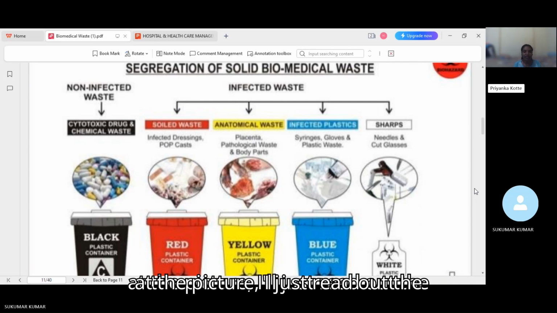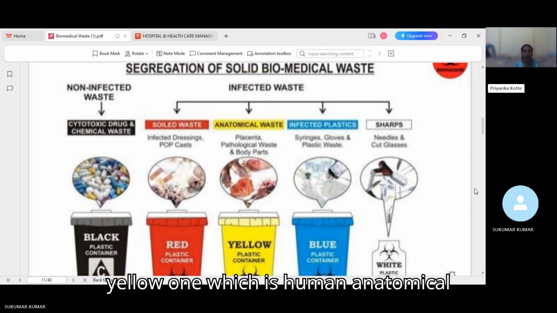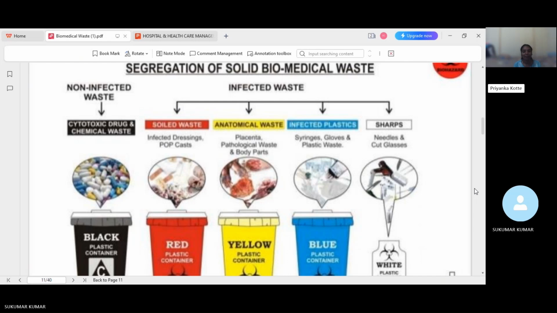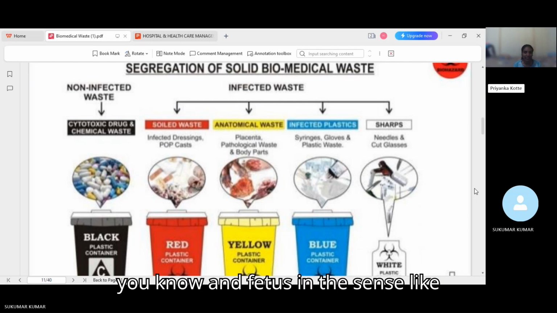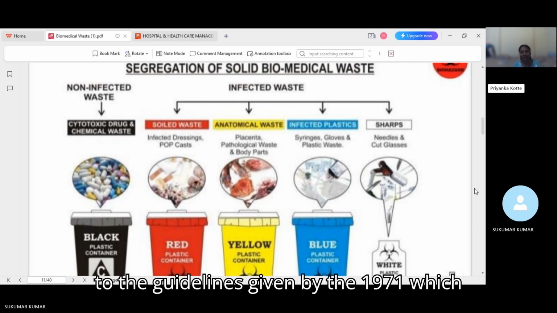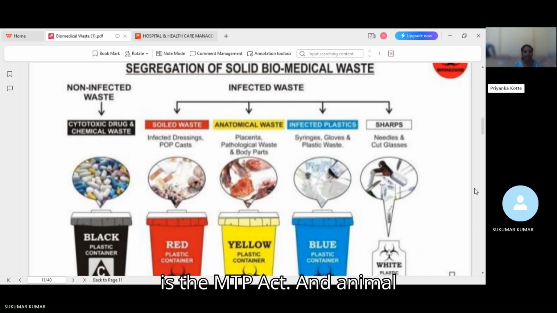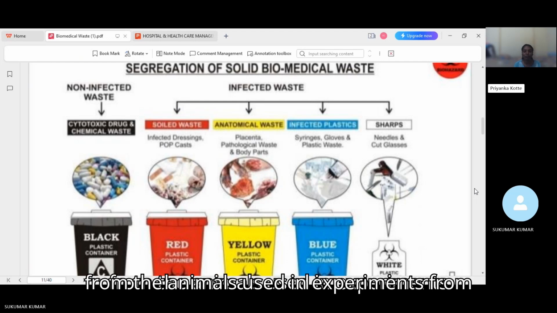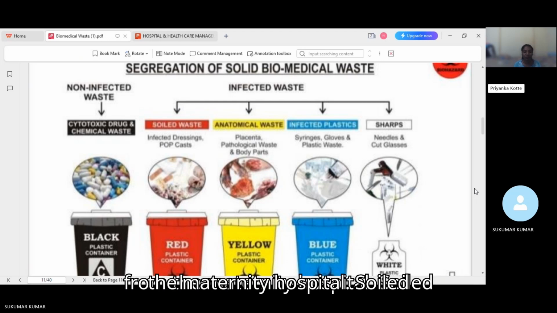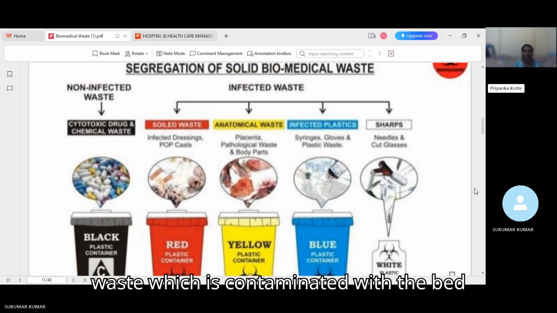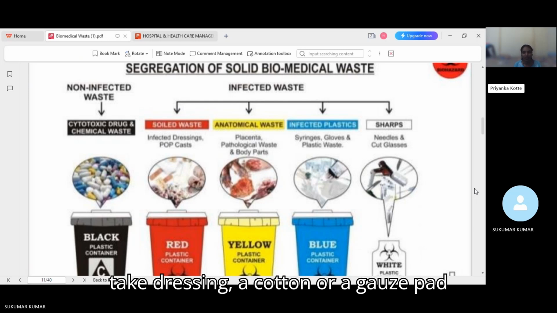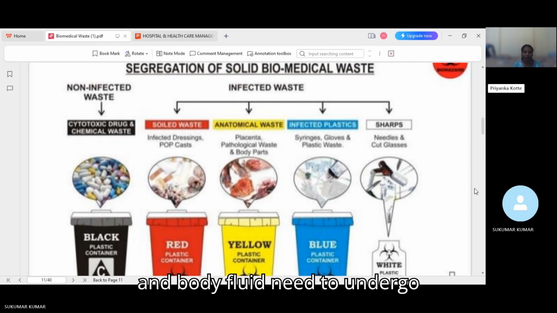As you look at the picture, I'll just read out the things which are given in your textbook. Yellow one, which is human anatomical waste, which includes human tissues, organs, body parts, and fetus, in the sense of after termination according to the guidelines given by the 1971 MTP Act. And the animal anatomical waste also includes animal carcasses, body parts, organs, tissues, including the waste generated from the animals used in experiments from the maternity hospital. Soiled waste, which is contaminated with blood and body fluids. Example, you can take dressing, a cotton or a gauze pad, which is infected with blood and body fluid,